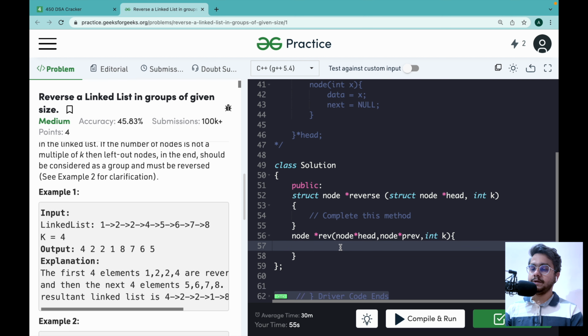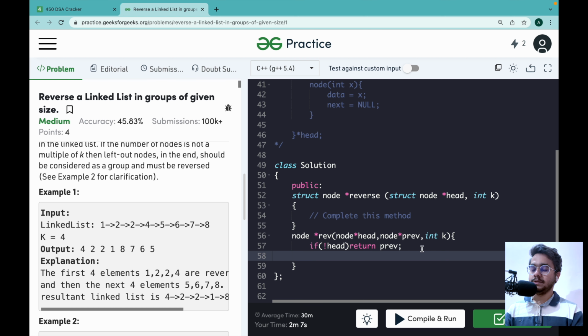So we are going to create a new function because we want 3 values: head pointer, previous pointer and the k. So what we are assuming, say in this case we have already inverted this and got the previous value, which is going to be the first one. Now in this case, when head pointer becomes null, we are simply going to return it back.